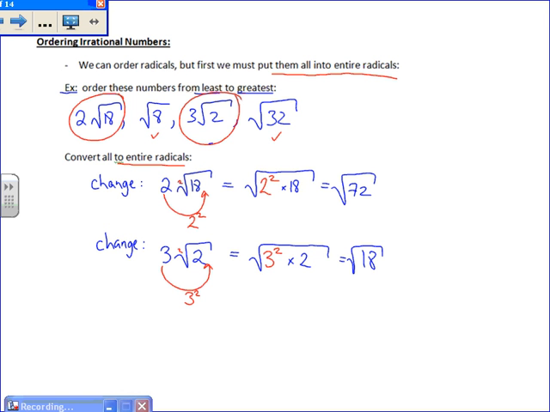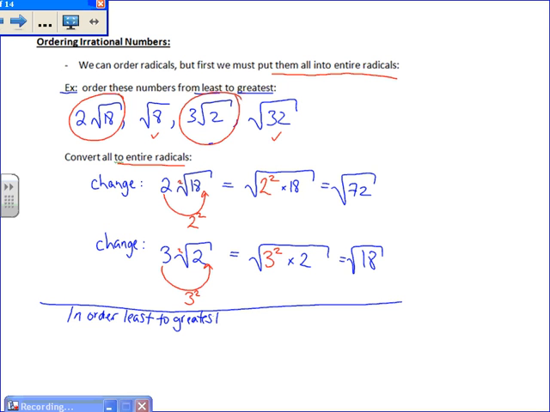All right, great. So now that I've changed those 2 mixed radicals, now I can compare them. I've got square root of 8, square root of 32, square root of 72, square root of 18. Now I can put them in order. So in order, least to greatest